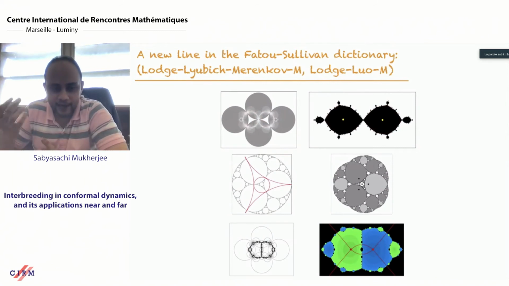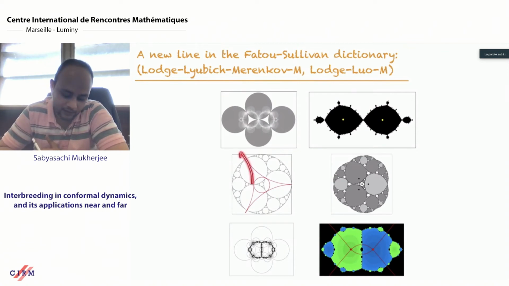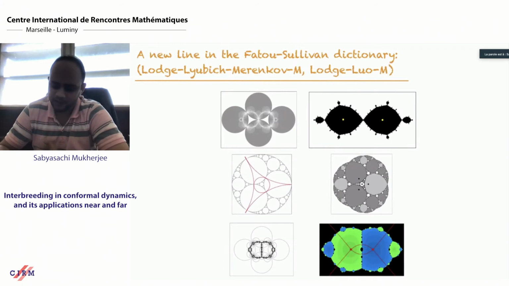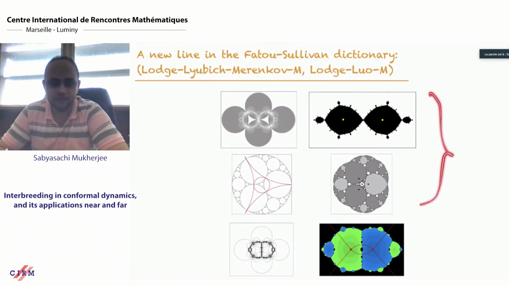Similarly, in a slightly more general setup, if you look at the standard Apollonian gasket, there's the reflection group generated by these four circles. This is your limit set over here, and this is the Julia set of a critically fixed antirational map of degree 3. Again, the limit set of this and the Julia set of that look indistinguishable from the topological point of view. And here's another picture, but let's just look at these two.